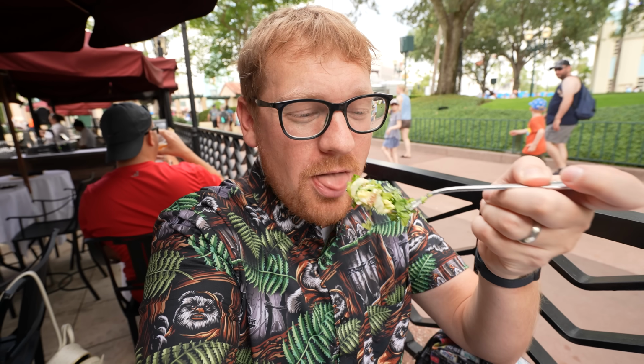So here we go. The past couple times I've had the Cobb salad here, it's been just covered in so much dressing that it inevitably is super wet, because the lettuce that they use for it is chopped so fine that it just absorbs all of the dressing really quickly, and it just becomes like a soggy pile, but the flavor is still good. And today it actually was super light on the dressing,